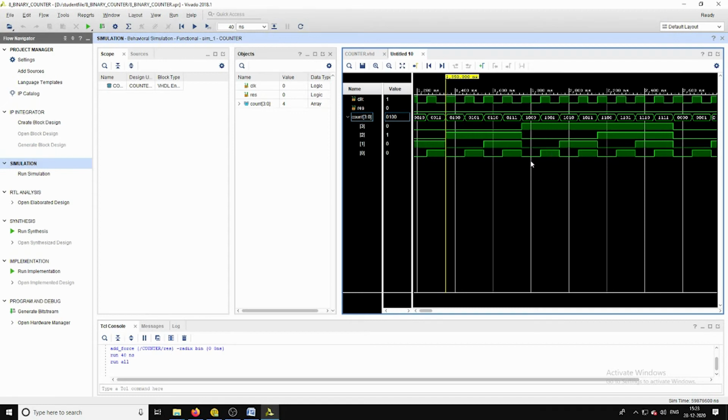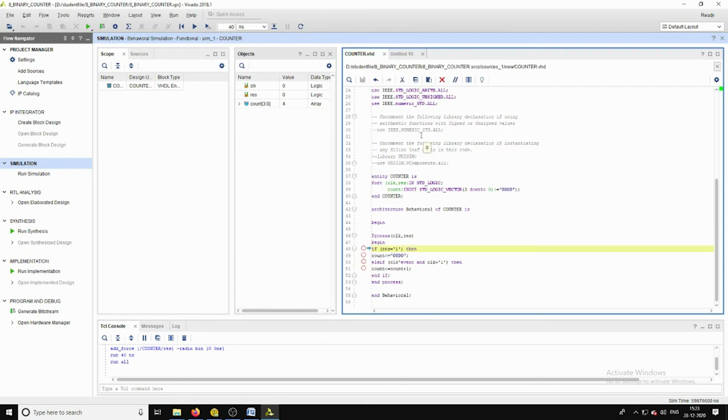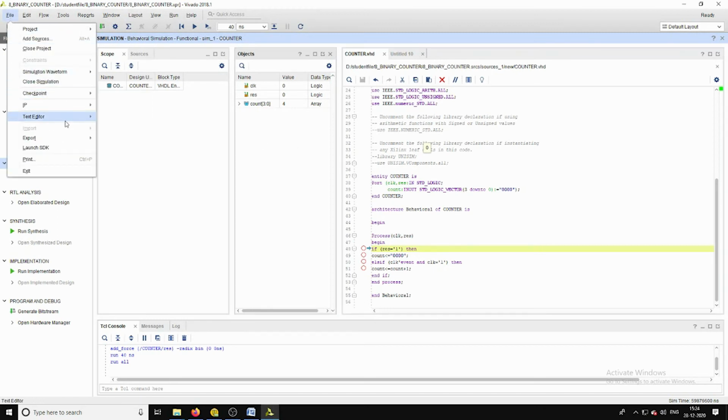See, in this order, the output of the count continues. This is about the binary counter. The same can be performed by using other flip-flops also.